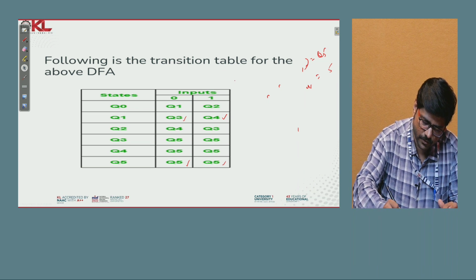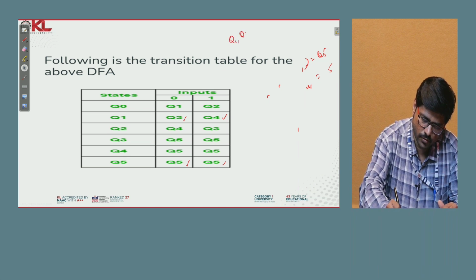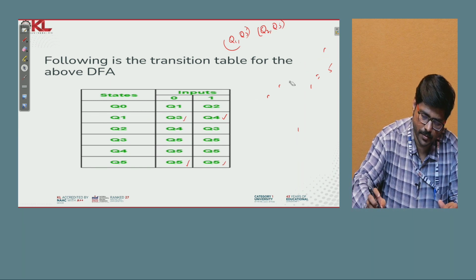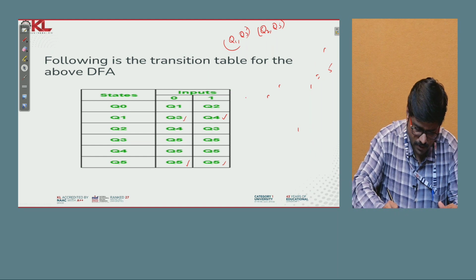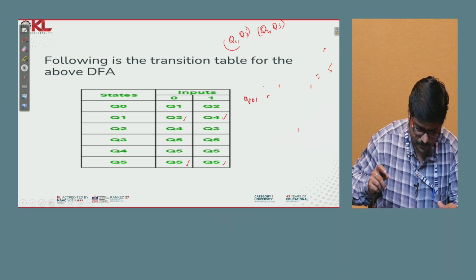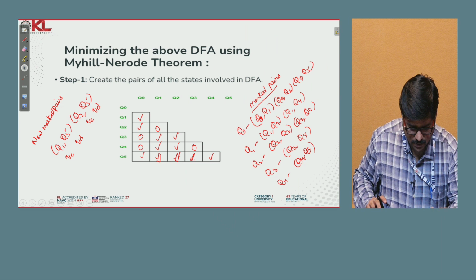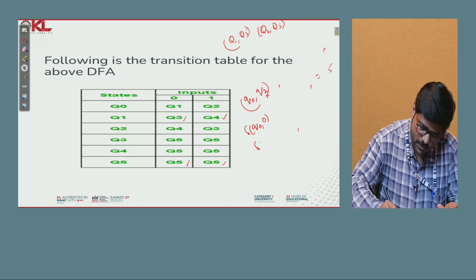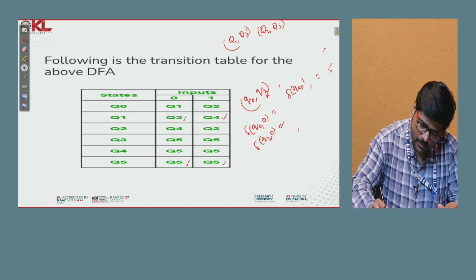Now let us check where you get Q1 Q5 or Q2 Q5, because these are newly marked pairs. Wherever you get them as QC QD, you can make QA QB also a marked pair. Now Q0 Q3, is that still marked? Q0 Q3. What is delta of Q0 0, delta of Q3 0, delta of Q0 1, delta of